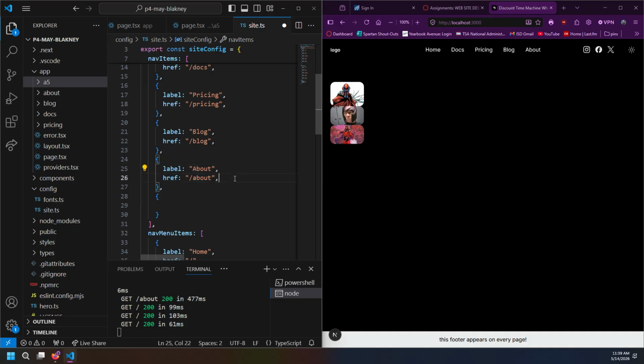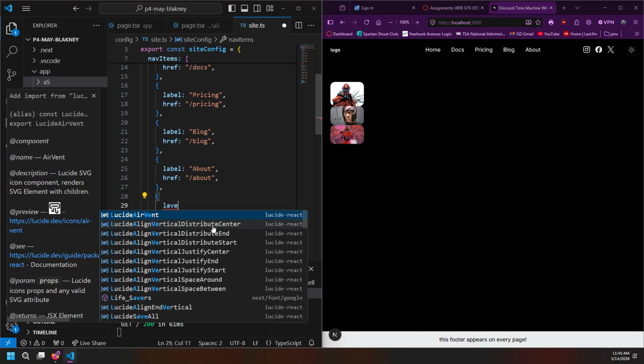We need a label and we need an href. The label is for the user to click on. The href is for the computer to find, okay? So for this case, because we're using assignment 5 as our label, that makes our life really easy if we just type out label,